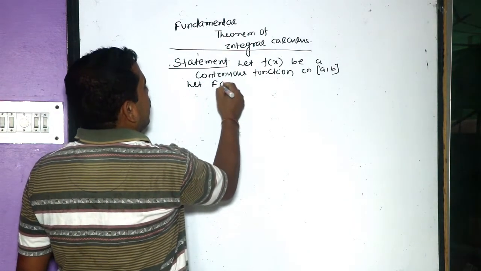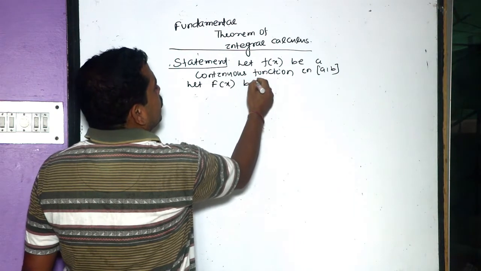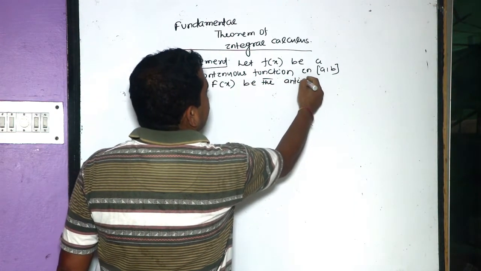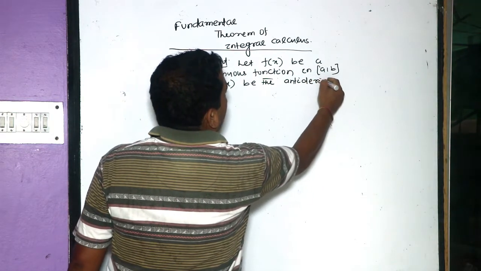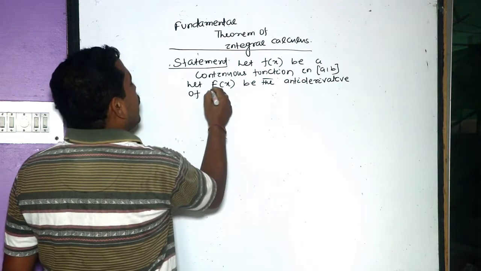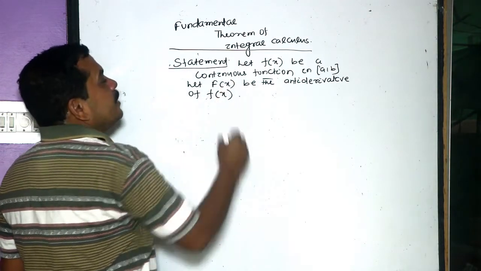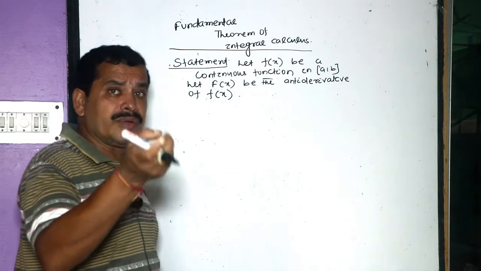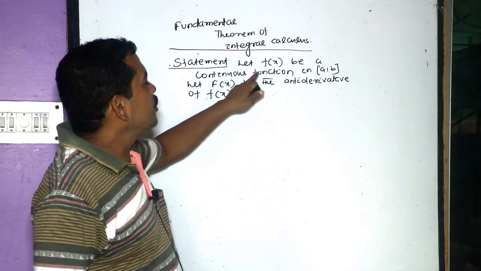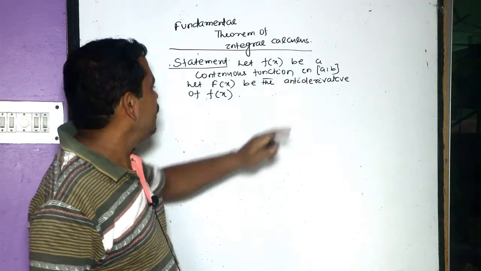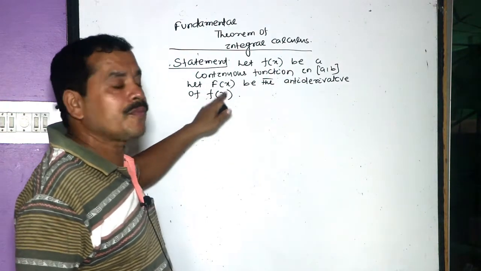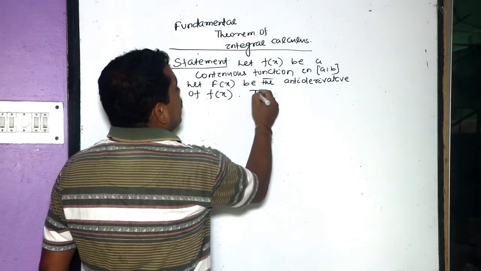Let capital F of x be the antiderivative, in other words the primitive, of f of x. Let f(x) be a continuous function in the closed interval [a, b], and let capital F(x) be the antiderivative of small f of x. Then